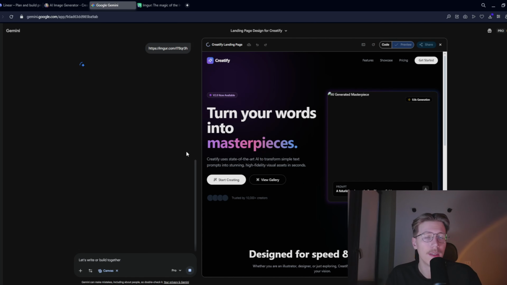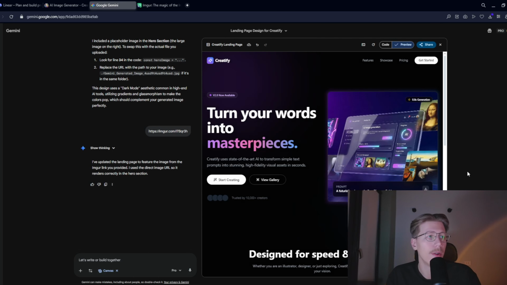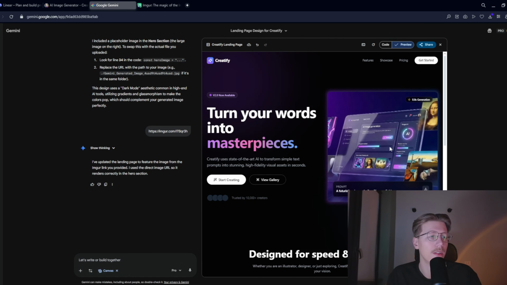So this way, AI will usually just take the photo you inserted here and put it inside your website. But it's not gonna be the animated version. And I'm gonna show you in a second what else you can do with this visual. So now AI added our visual to the site. It's not in the right place and it doesn't seem actually right, but this is how you can insert the